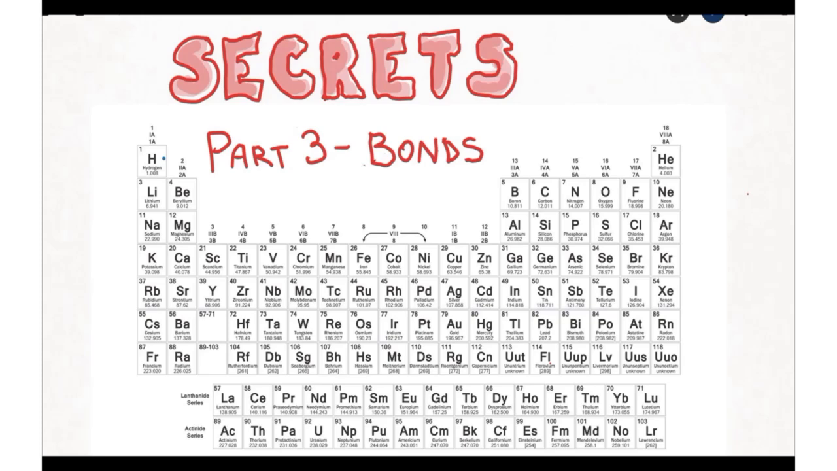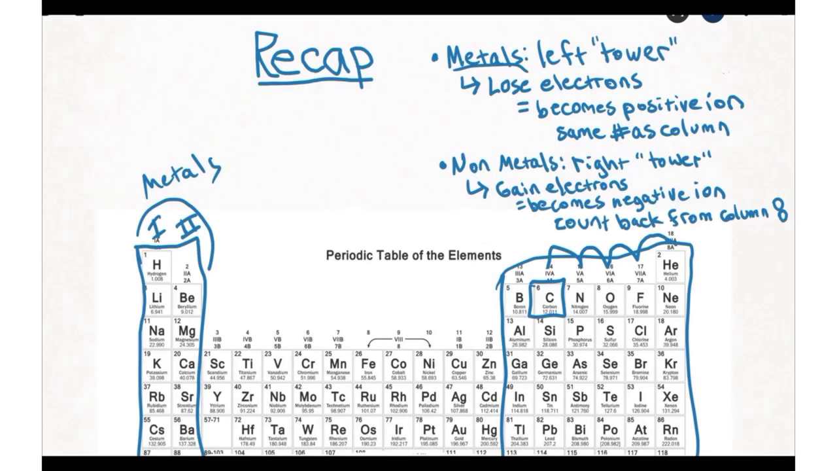Okay, so part three in the secrets of the periodic table. And in this section, we're going to talk about bonds and bonding. And if you remember our recap from the part two video, the recap is that the metals are in this left tower over here, these two columns, and they tend to lose electrons, which turns them into a